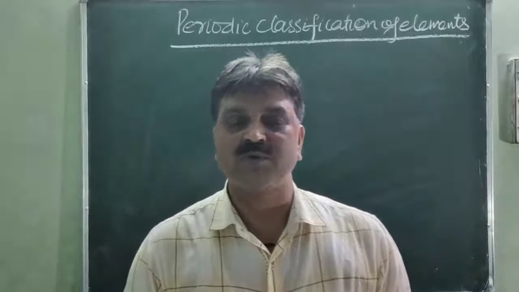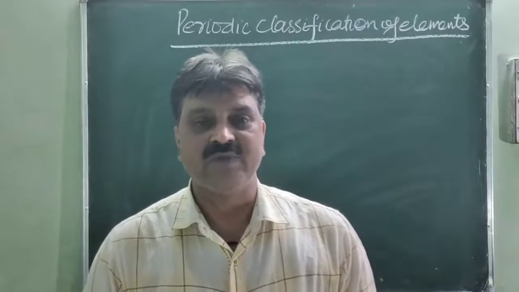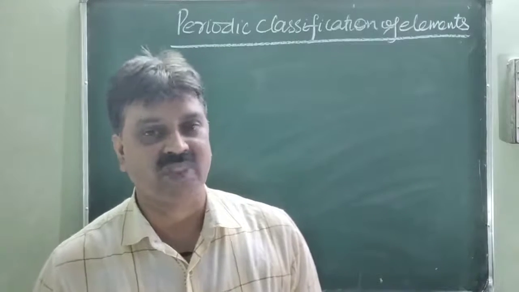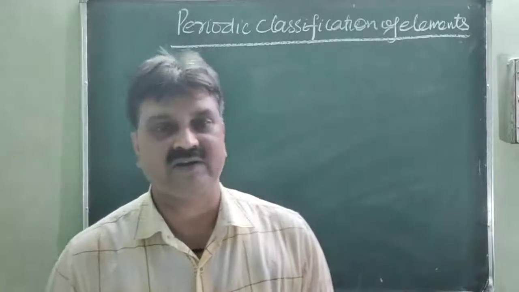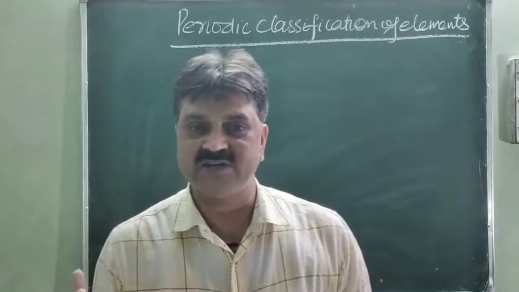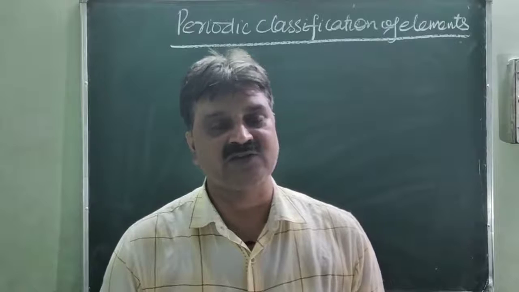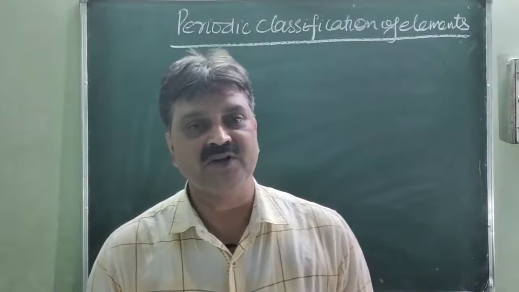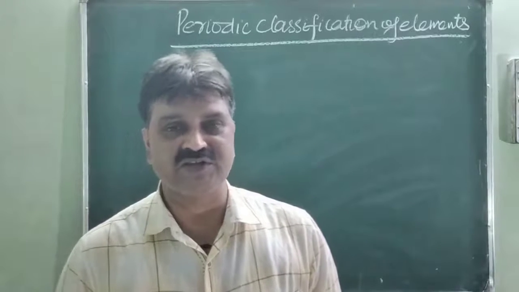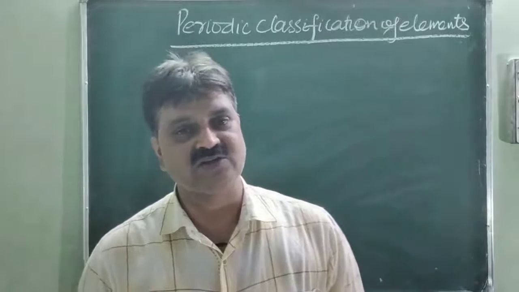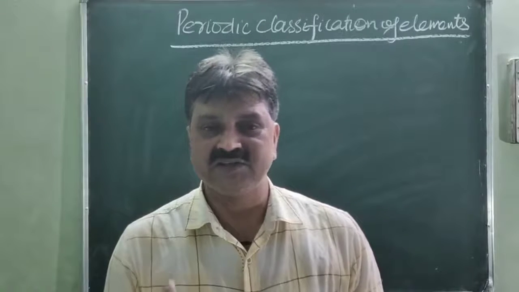So when coming from top to bottom within the group, metallic character increases and non-metallic character decreases, whereas non-metals have the oxidizing property. Oxidizing means non-metals try to maintain their stable structure by gaining electrons. Left to right, size decreases, due to this gaining tendency increases. It means non-metallic character increases left to right across the period and decreases top to bottom within the group. Reducing character, simply the losing tendency of electrons from the valence shell, increases top to bottom and decreases left to right across the period, whereas oxidizing character increases left to right across the period and decreases top to bottom within the group.